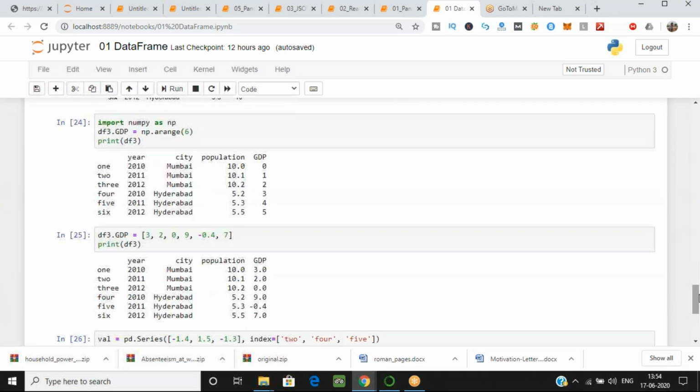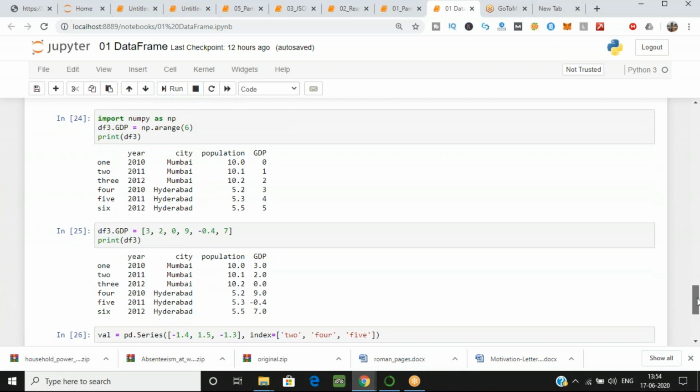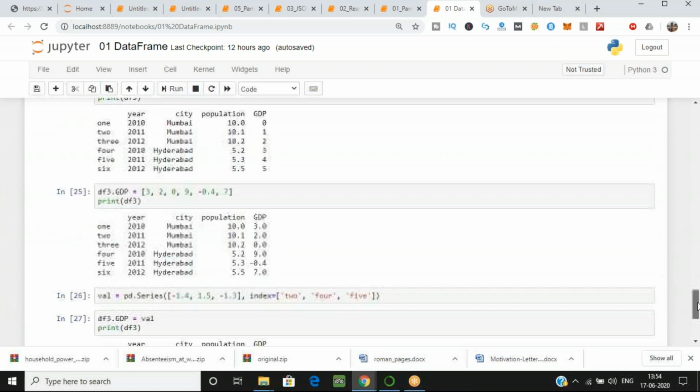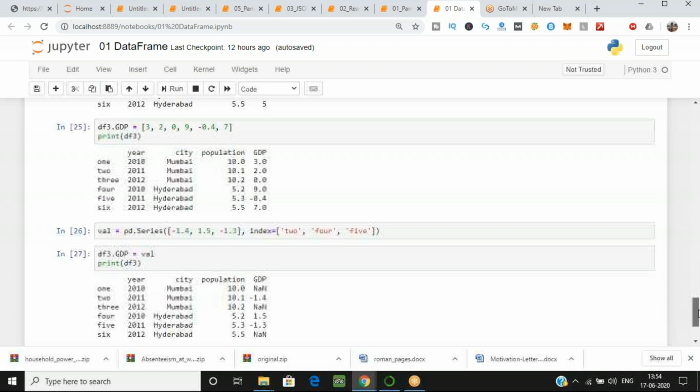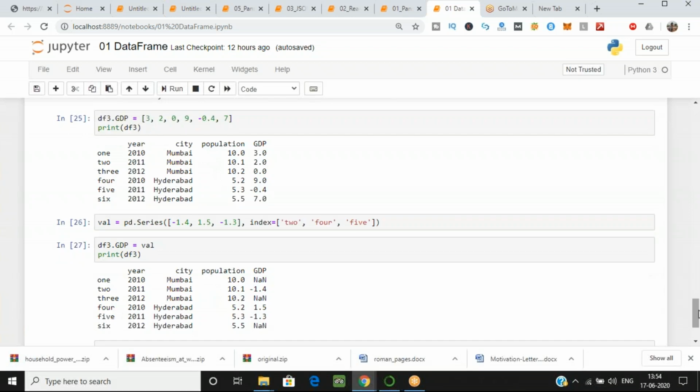Okay. And again, you have to specify only index values, and take only 3 indexes in which you want to give the value. Don't fill every other index value. Other rows will show NaN value.